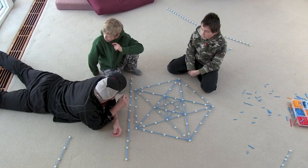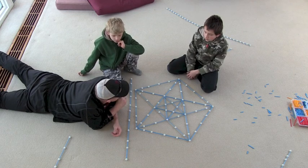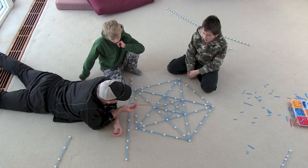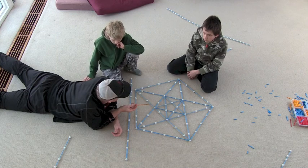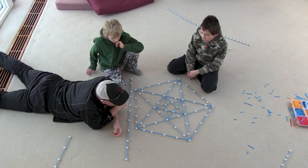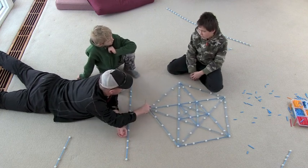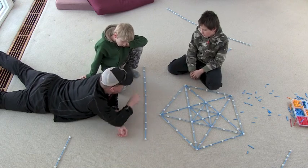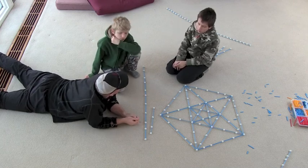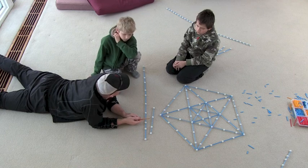I wonder why they call it the golden ratio. Well, we can talk about that some other time. 1 plus the square root of 5 divided by 2 at least has a square root of 5 in it, right? We saw the Fibonacci numbers in here last week. So does that lead you to think we might see the Fibonacci numbers in this project today? We might, but the golden ratio could be the ratio between the mediums and the longs. That sure would be interesting. If the mediums and longs were in the golden ratio,